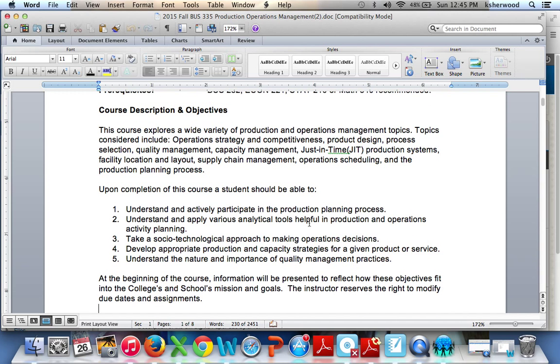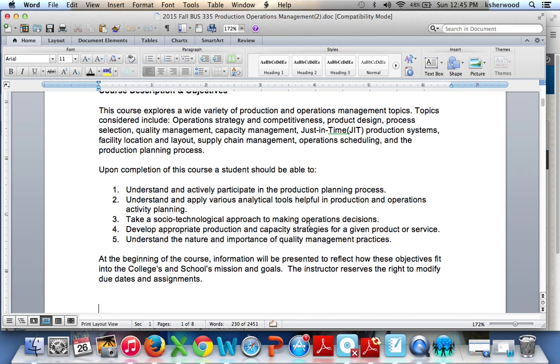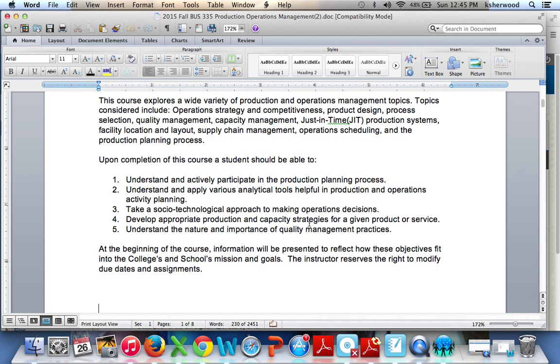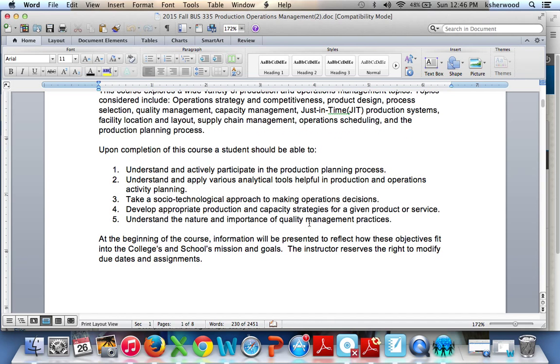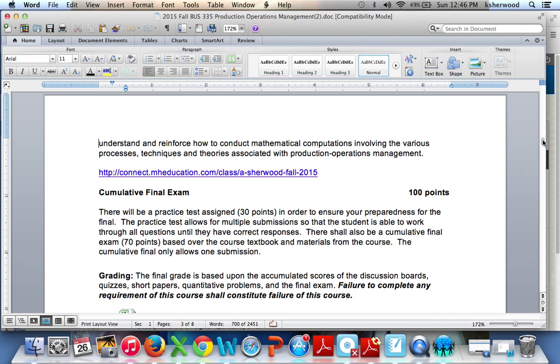Class is going to go over some of the topics listed out here. We're looking at a lot of operations strategy, keeping in mind operations is the generation of the product. So if you're looking at a company like Toyota that's actually building the car, that's the operations. And for that, we'll look at a lot of different process management concepts like just-in-time production systems, and we'll look at choosing facility locations, supply chain management, everything that you're reading there. We're going to at least touch on. Scrolling further down,